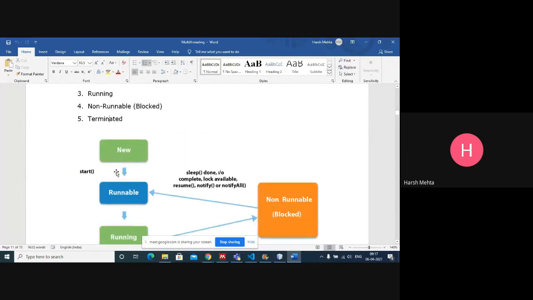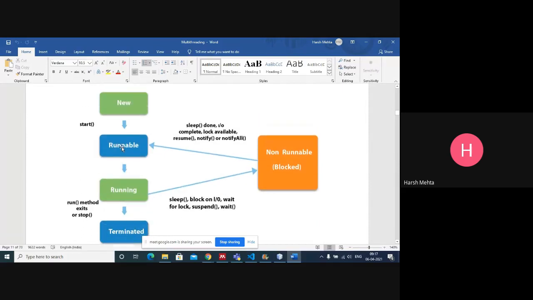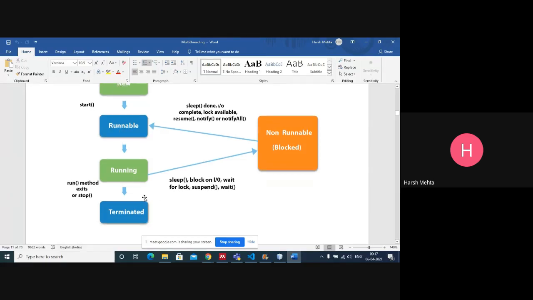So at the starting it will be new. Then once we start it, it will be known as runnable, but not yet a running state, because the scheduler has not picked up that thread for execution. Once it picks the thread for execution, it comes into running state, and then it terminates.